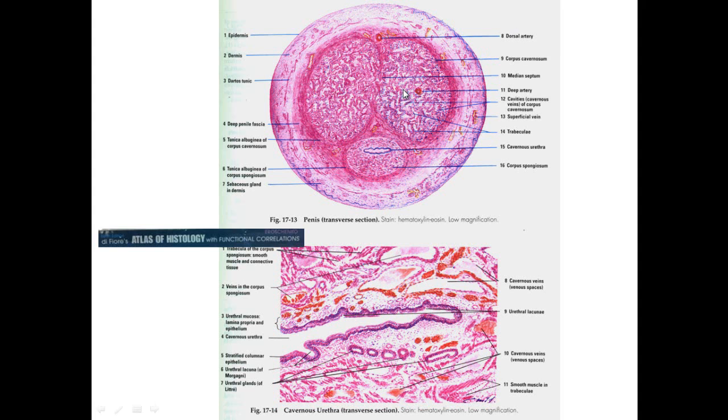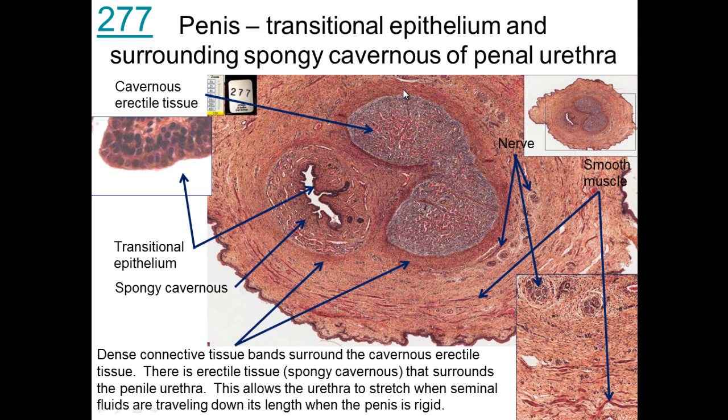But this is erectile tissue in through here, and so if we look at a cross section of the human penis, you can see the erectile tissues in through here and here, and you see the band of connective tissue. This connective tissue is shaped like a cylinder, so that the penis projects out as opposed to inflating around like a balloon would. And then here we see the corpus spongiosum, which holds your urethra open while you have